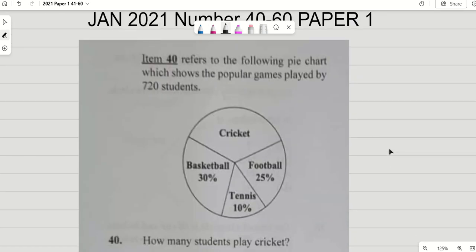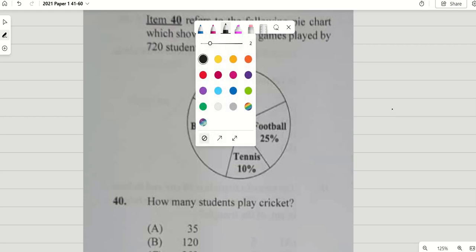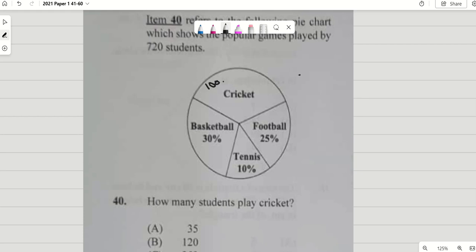Item 40 refers to the following pie chart, which shows a popular game played by 720 students. How many students played cricket? So we can see that cricket in percentage would be 100 minus 30 plus 25 plus 10, which is equal to 100 minus 65, so cricket is 35%, right? They tell you how much is 35% of the total, so that's 35 over 100 multiplied by 720 over 1,